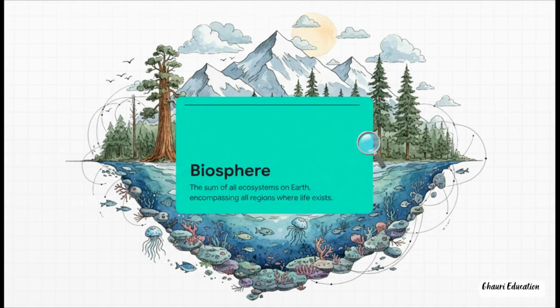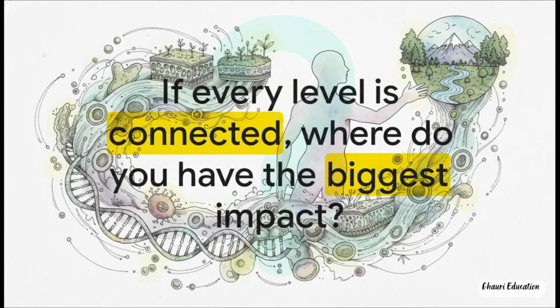You get this, the Biosphere. It is the grand total of all life on Earth, from the deepest part of the ocean to the highest peaks of the mountains. It's the ultimate interconnected system that makes our planet a truly living world. And so we end right back where we started, with you. We've seen how every single level depends on the one below it. A change in an ecosystem can ripple down to the community, which affects populations, all the way down to the molecules inside a single organism.